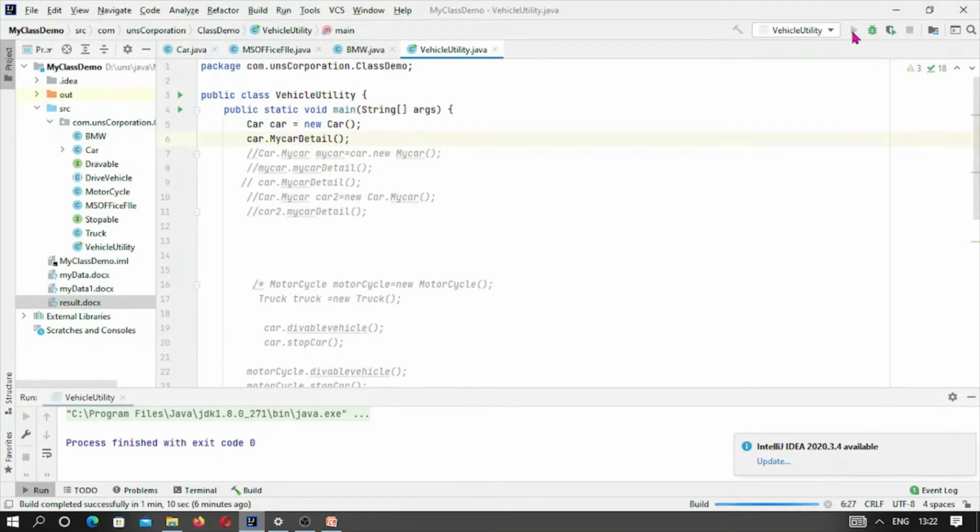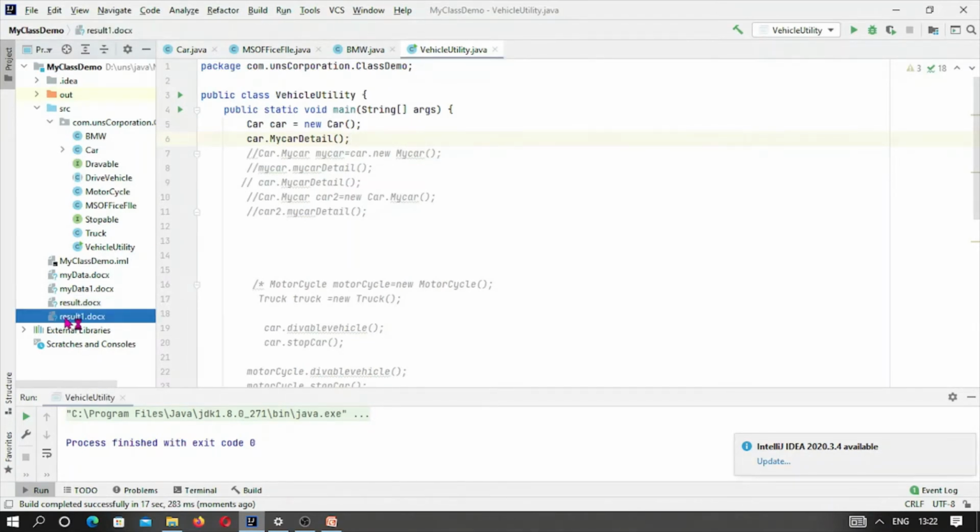It should create a new file result one, and it should do all the things whatever we have done previously, but now without calling the inner class, we are simply hiding all the things, and this is the benefit of the inner class. Also, we have made the inner class private, so we can't instantiate it. You can see here it has created result one. So let us open it and see the result.